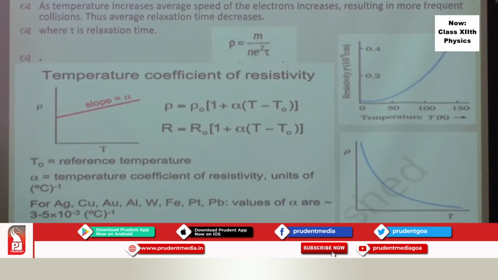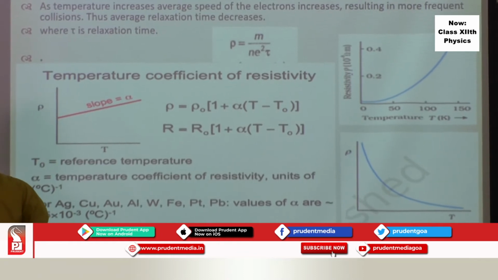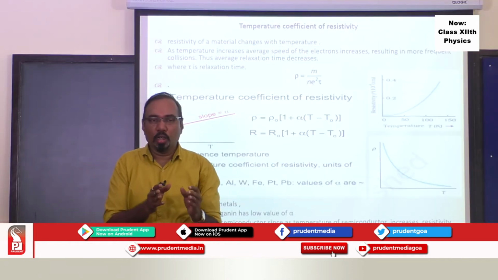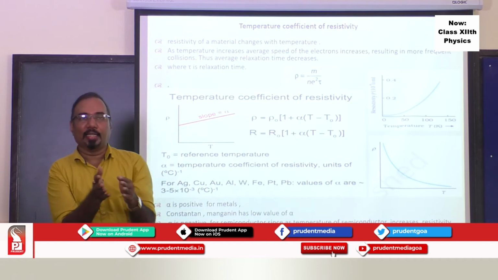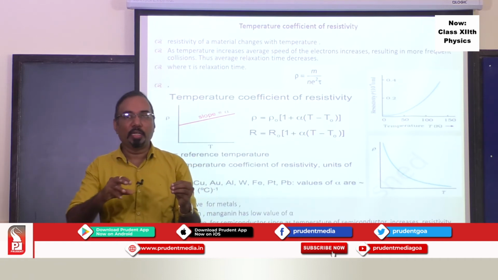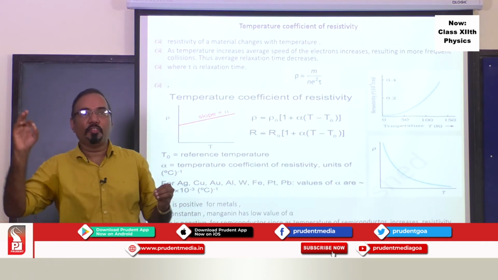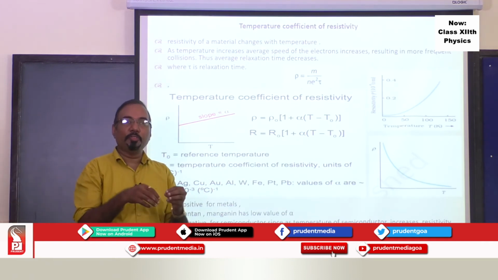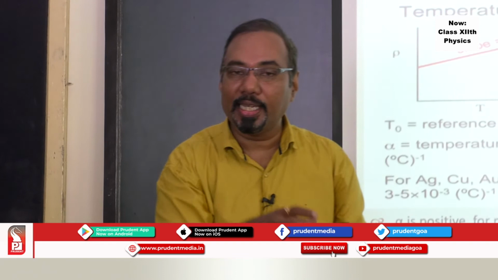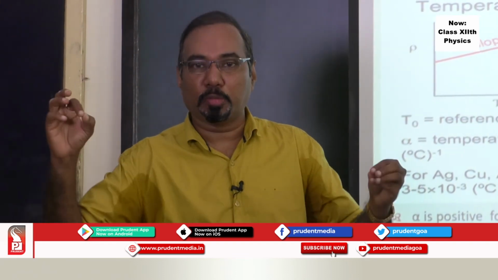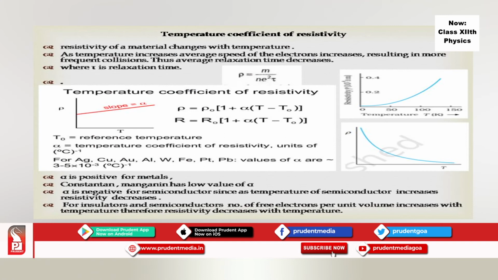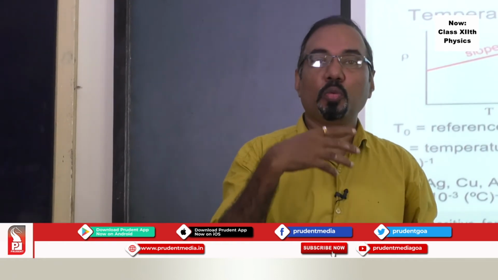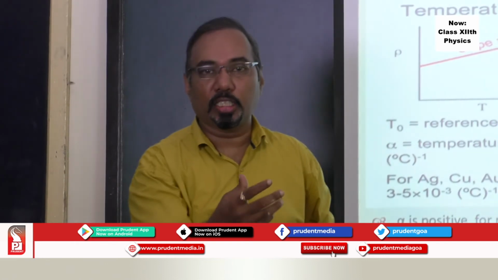The measure of this change of resistivity is the temperature coefficient of resistivity. Just like the extent to which light bends in a denser medium is given by the refractive index, the measure of refraction. Just like if you supply heat to a conductor, it expands, and the extent to which it expands is given by the coefficient of linear expansion. Likewise, we have the temperature coefficient of resistivity, which gives the extent to which resistivity changes with temperature.